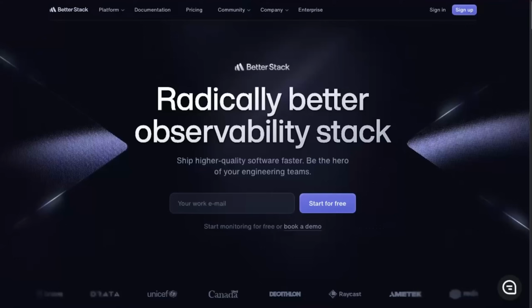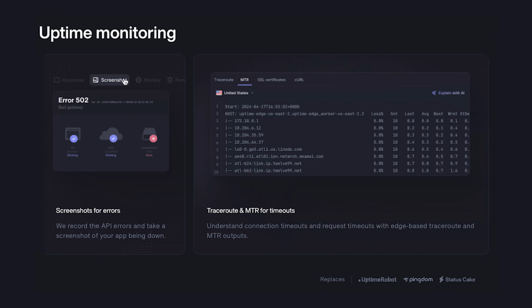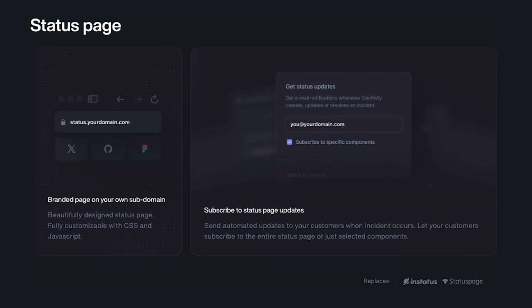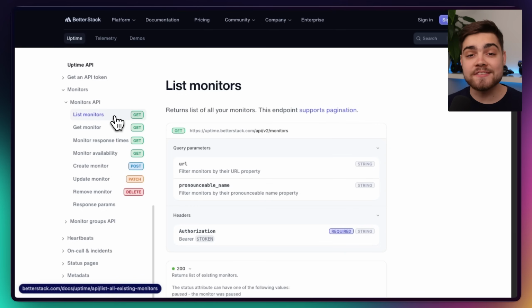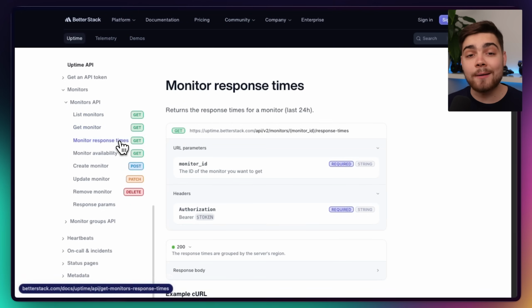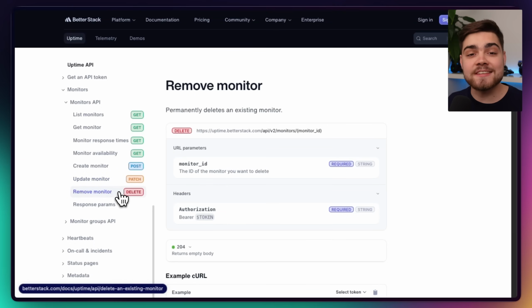So what am I going to build? Well, I thought it'd be cool to create something a bit more realistic than a hello world application. And we here at BetterStack have a radically better observability stack with uptime monitoring, incident management, status pages, log management, and loads more. We also have an API to control some of these though. For me, I'm interested in the monitors API. Monitors are a way of checking whether a service such as a website or application is available. So I want to build an MCP server that uses this API, allowing the LLM to create, delete, and check